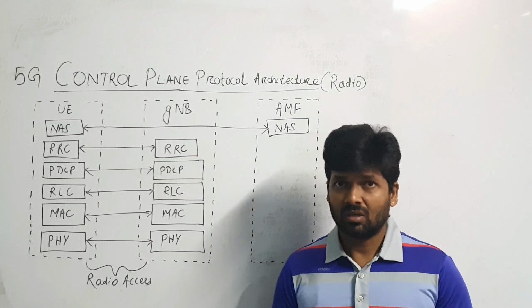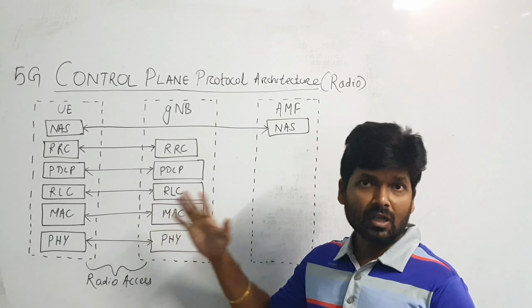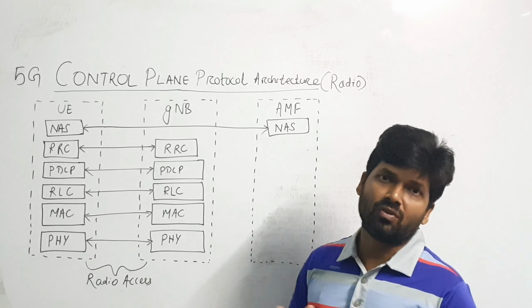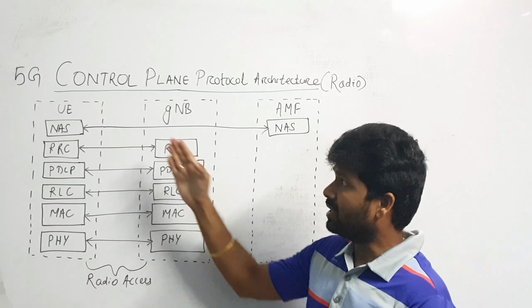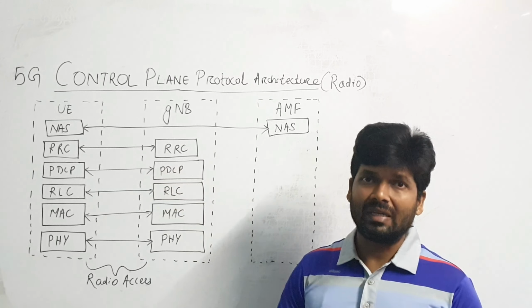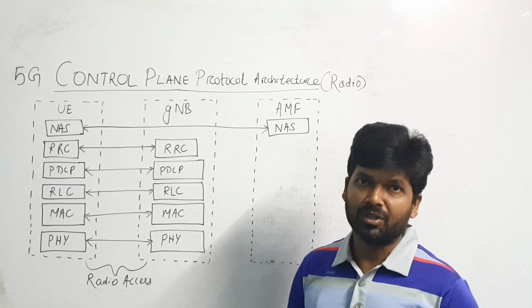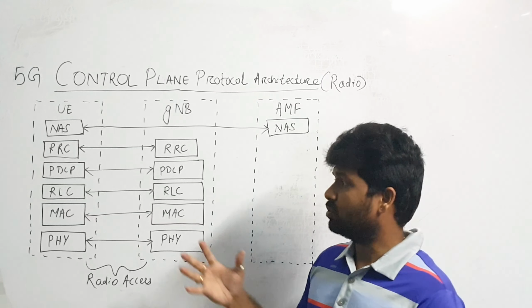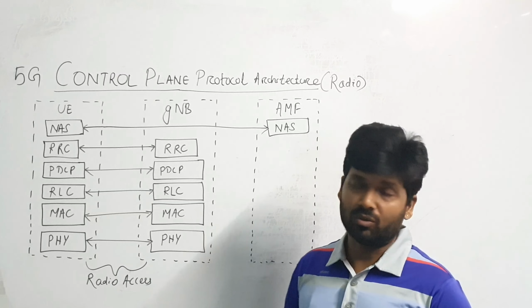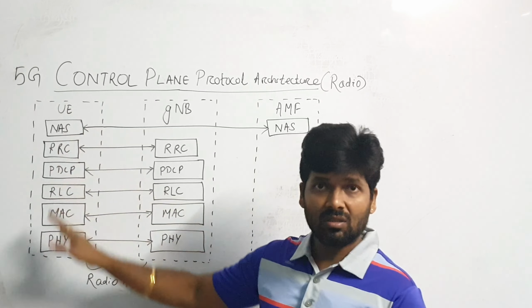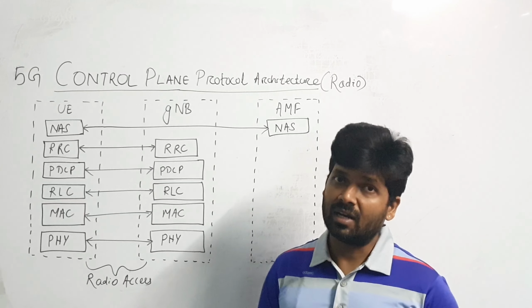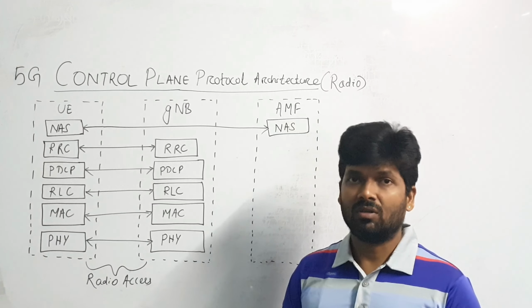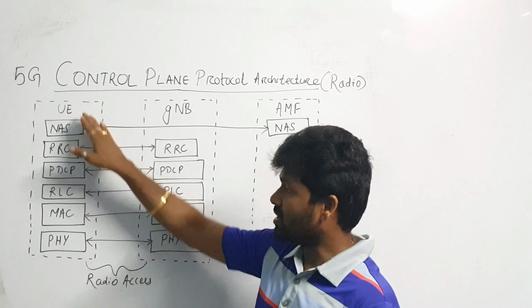So in 5G, in the radio control plane, we have particular protocols which are used for different functions. For each protocol, what the different functions are in detail, we will discuss maybe in some other video, but today we will be focusing on which protocols work for 5G in radio. So this side is the UE or the user equipment. That could be a mobile handset or your laptop or anything that is used as a user equipment in a 5G network, right? So this side is UE.